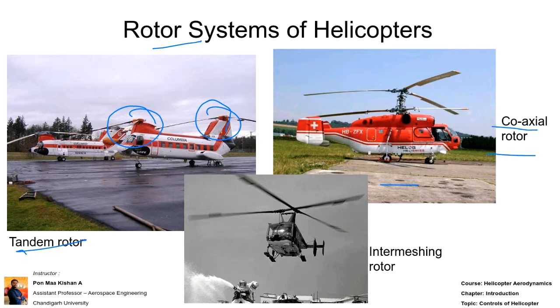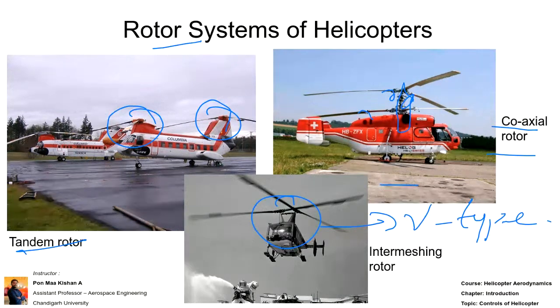So coaxial rotor. So coaxial rotor is nothing but in the same shaft, right? So same shaft itself, two blades will be there, two systems will be there, right? So one will be rotating in the clockwise, another one will be rotating in the anti-clockwise, so that it will be maintaining the stability. So the third one, sometimes they will be calling it as V-type engine mounted. Otherwise, they will be naming it as intermeshing rotors. Okay, so the rotor systems, basically the classic rotor system is also there. That is, classic rotor system means the helicopter with main rotor and tail rotor.